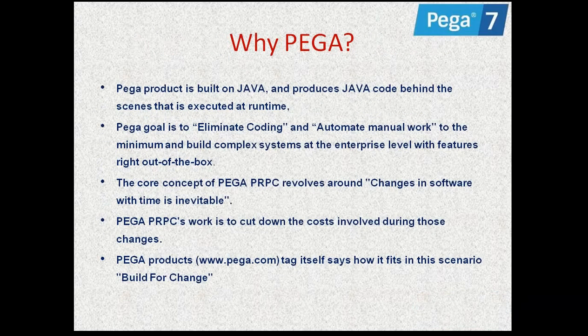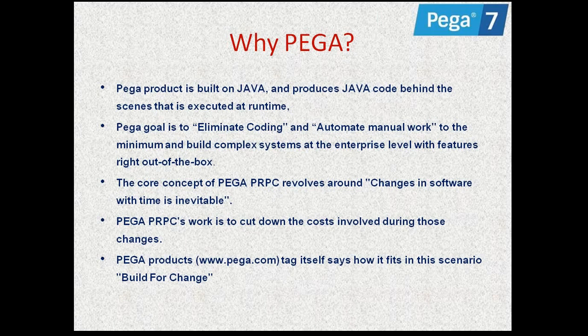And why Pega? When we compare with any other language, first of all Pega is a Java based application, right? So when you develop any application, it will automatically generate the Java code in the backend. At runtime itself you can see the Java code, guys. You need not write any code and need not modify that code. If you design any user interface or any business logic, it will automatically generate the Java code in the backend.